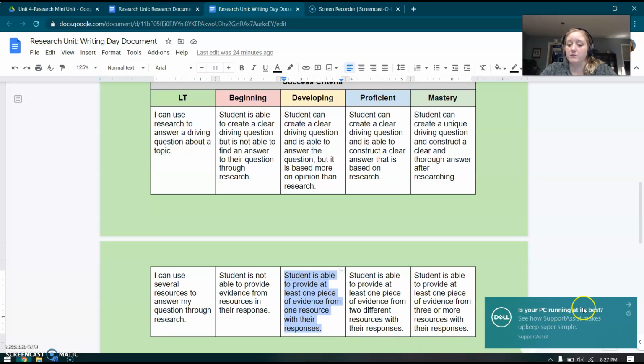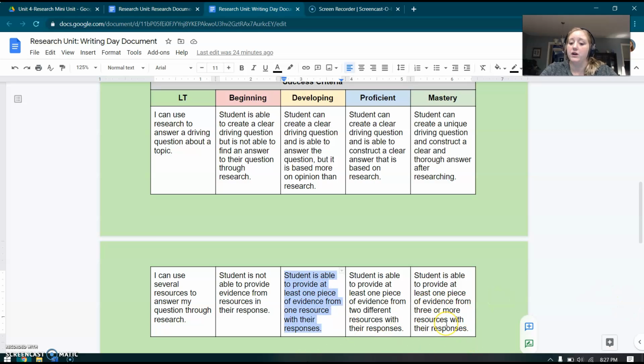If you want to aim for mastery, you can include more evidence, making sure that it's relevant evidence and that it matches and it actually proves your point. The way it's worded again might seem a little confusing, but you need to have a piece of evidence from 3 or more different resources in order to earn a mastery. Okay, so